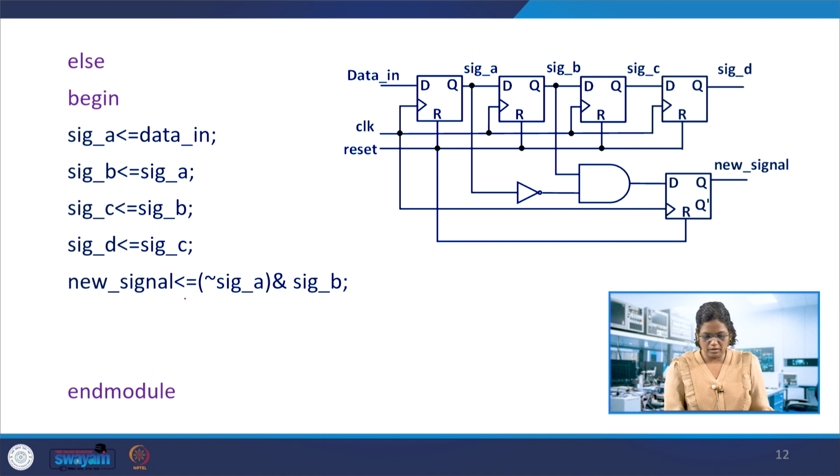Also the new signal, which is signal B and not of signal A, is given to the new signal register, the flip flop here. This is the case, and then end, which closes the else condition. So all of them are synchronous with the passage of the clock edge.